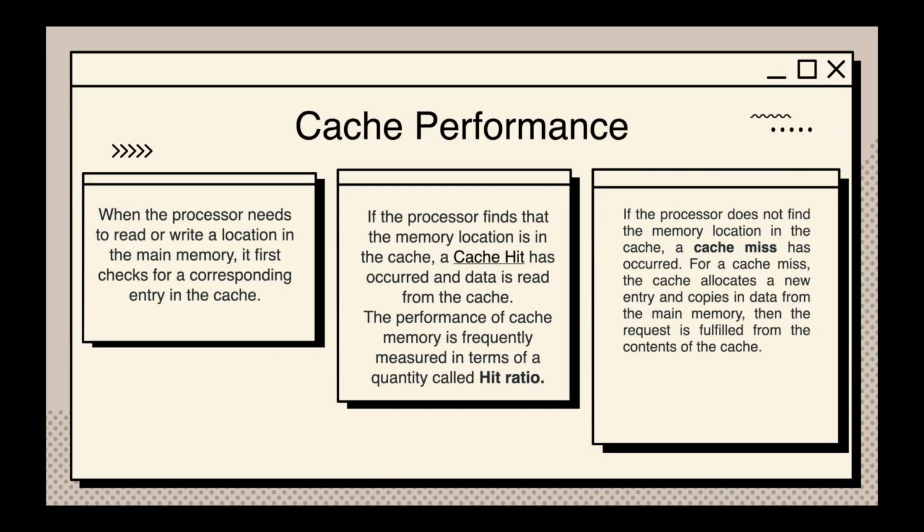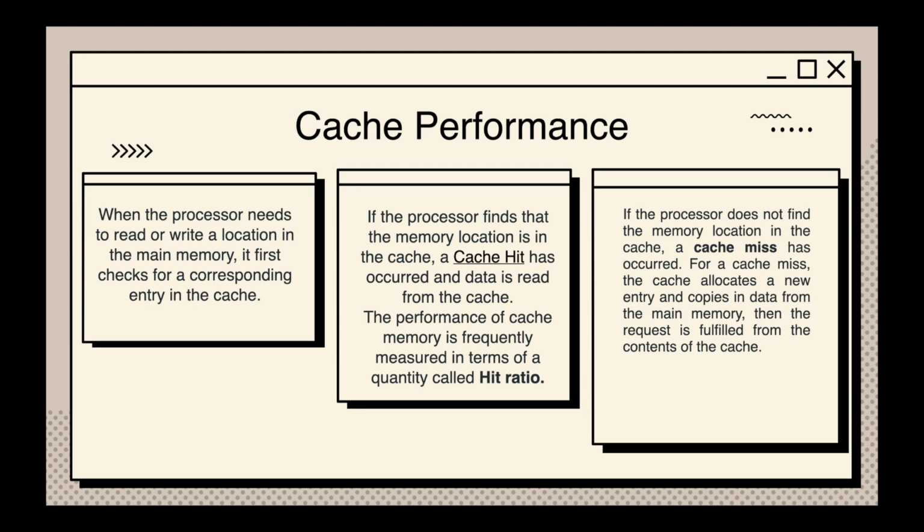Cache performance is a critical aspect of computer system performance. Cache memory is used to temporarily store data and instructions to reduce the time for the processor to access them. The faster the processor can process data, the faster the system can respond to users' requests. There are several factors that affect cache performance. One of the major factors is the size of the cache. A larger cache can hold more data, resulting in fewer cache misses and faster access time. However, larger caches may also be slower due to longer access times.